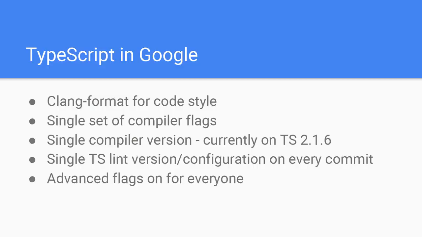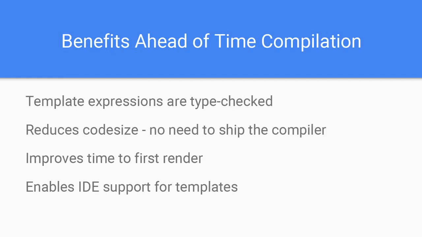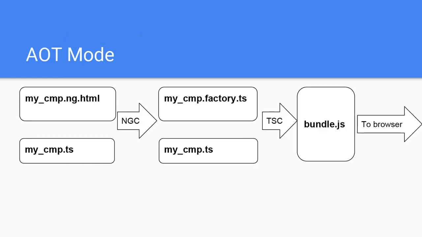All right, so that's for Angular. That's for ahead of time compilation. And by the way, one thing to add, it's not on the slides, but with the new release, the Angular 4 RC1 that we released, what happened is, we reduced code size because we don't need to ship the compiler, but sometimes if you had too many of these factory files, they would dominate the bundle size.